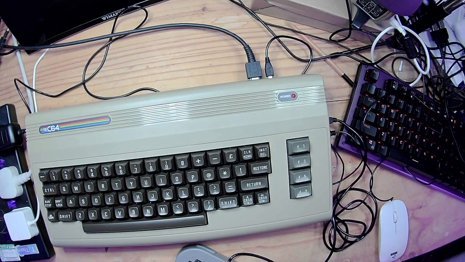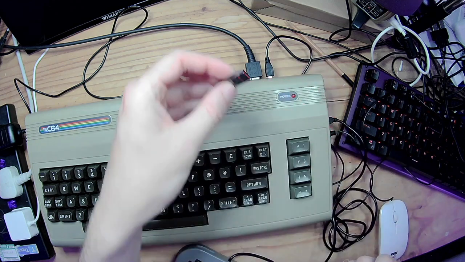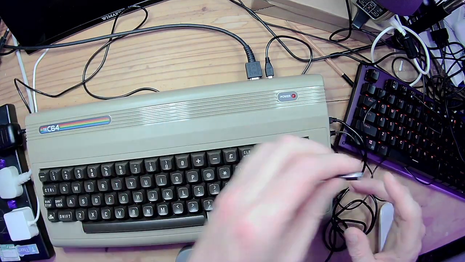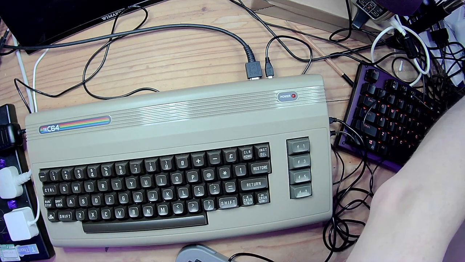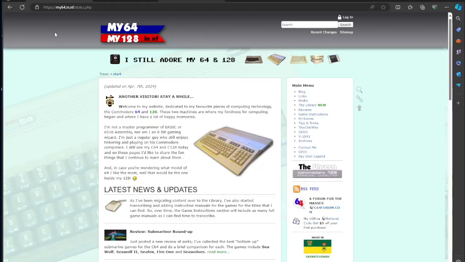So before we do anything else, first thing we need is a USB data stick, and I've got one here. So this will eventually plug into the USB on the back of the C64, but for now we're just going to put it into my PC, which is also doing recording, by the way, so it's just off camera over here. And then we're going to head over to a website called